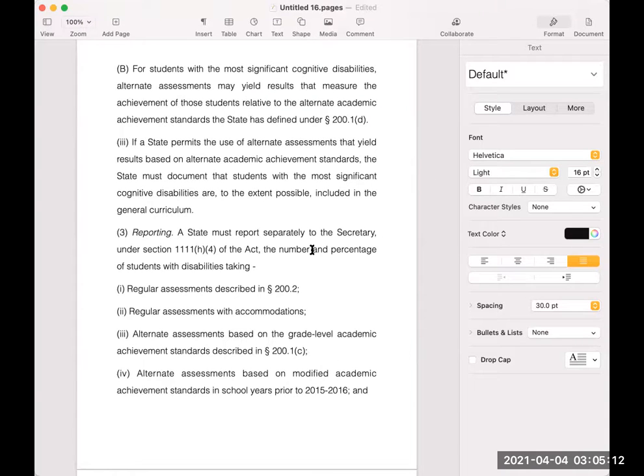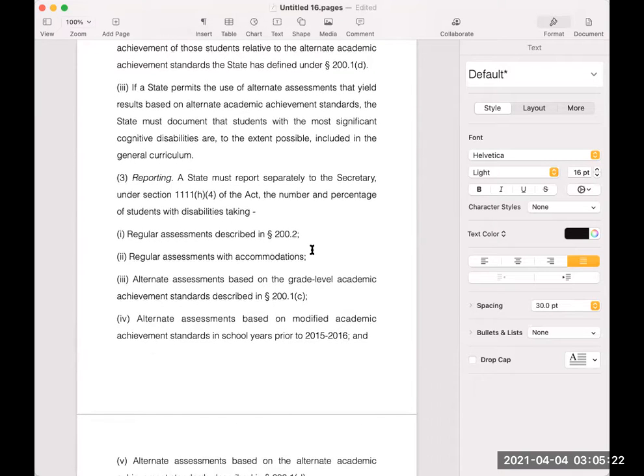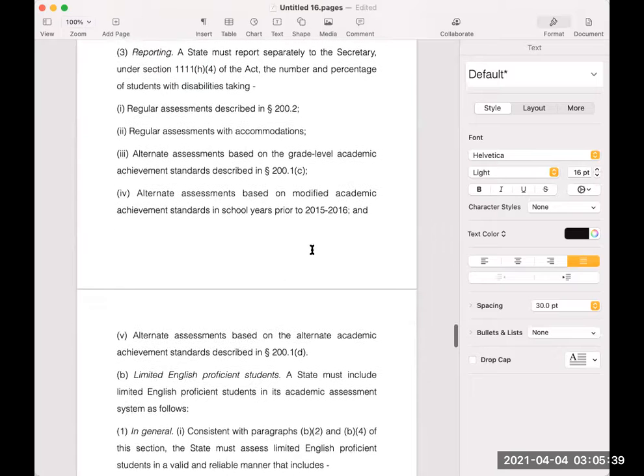Alternate assessments may yield results that measure the achievement of those students relative to the alternate academic achievement standards the state has defined under paragraph 200.1(d). 3. If a state permits the use of alternate assessments that yield results based on alternate academic achievement standards, the state must document that students with the most significant cognitive disabilities are, to the extent possible, included in the general curriculum. 3. Reporting. A state must report separately to the Secretary, under Section 1111(h)(4) of the Act, the number